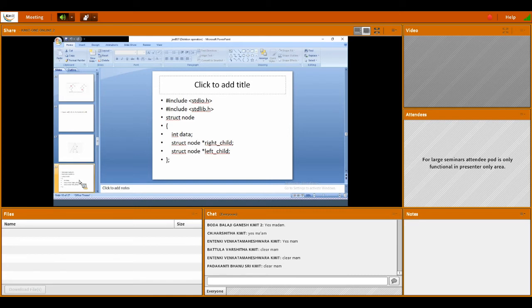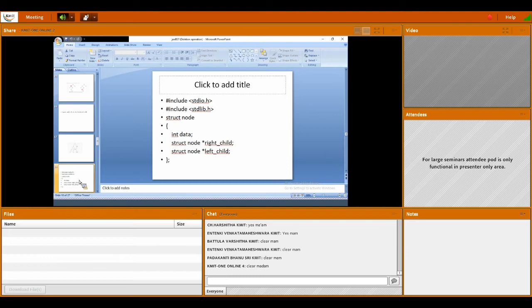In the searching part, we search the location of the particular node. After searching, we identify that the node is available in the tree. Then with the caught node, we check all three cases: whether it is a leaf node, has one child, or has two children, and according to that we write the logic.